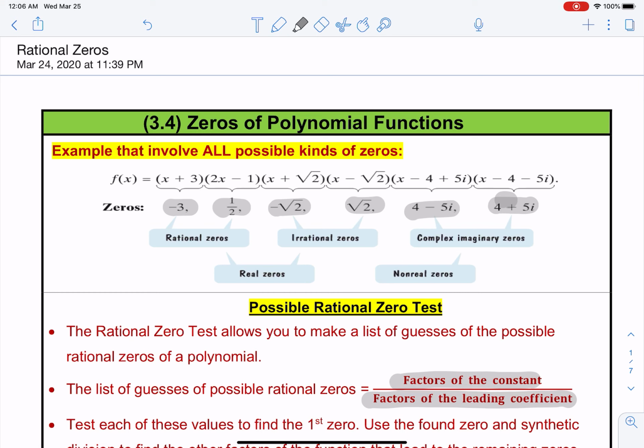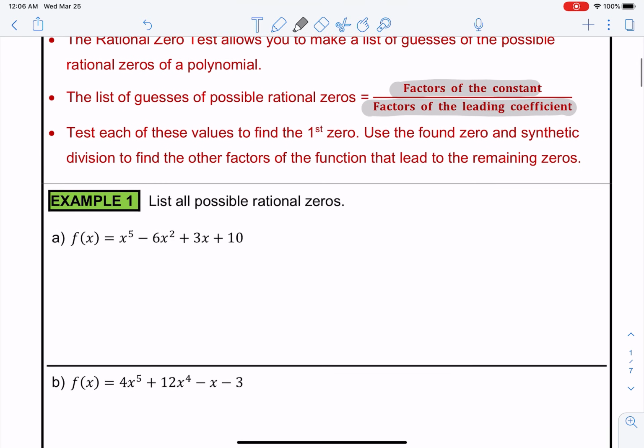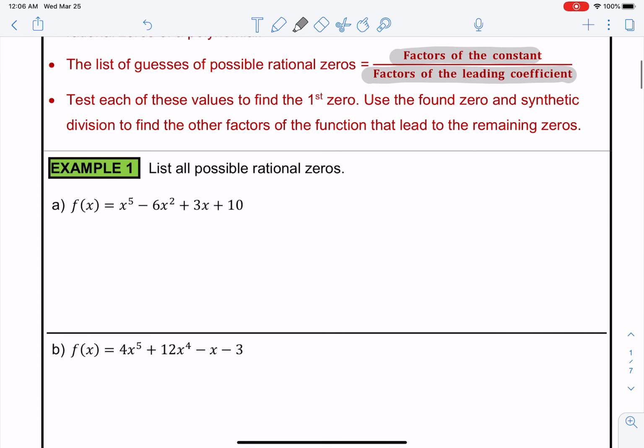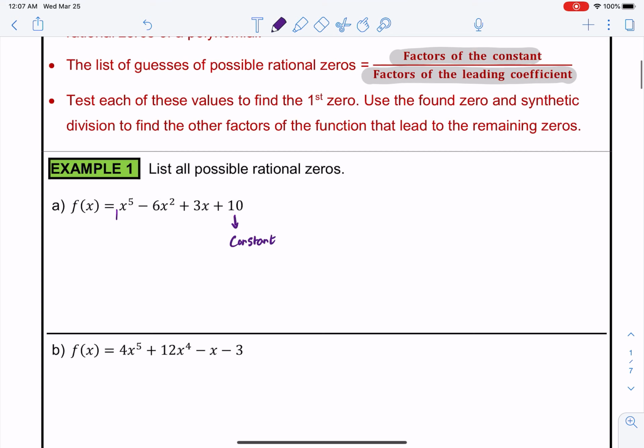So we'll start with an example. So here, all we want to do is list all the possible zeros. So that is the constant term, and that would be the leading coefficient. So the factors of the leading coefficient, which is 1, are